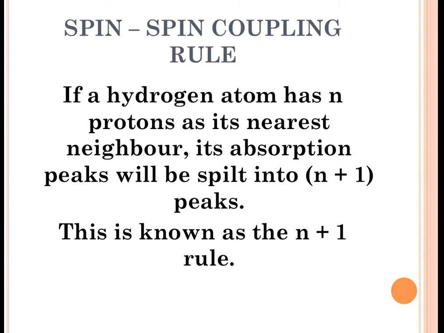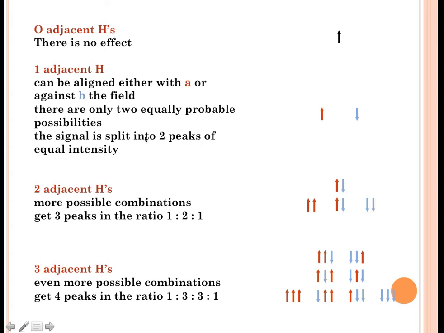Our rule is the n+1 rule. If we have n protons as its nearest neighbour, its peak is going to split into n+1. So if I have 2 protons next to me in a different environment, my peak is going to split into 2 + 1, which makes 3. If I've got no adjacent hydrogens, then there's no effect, so I'm just going to be one